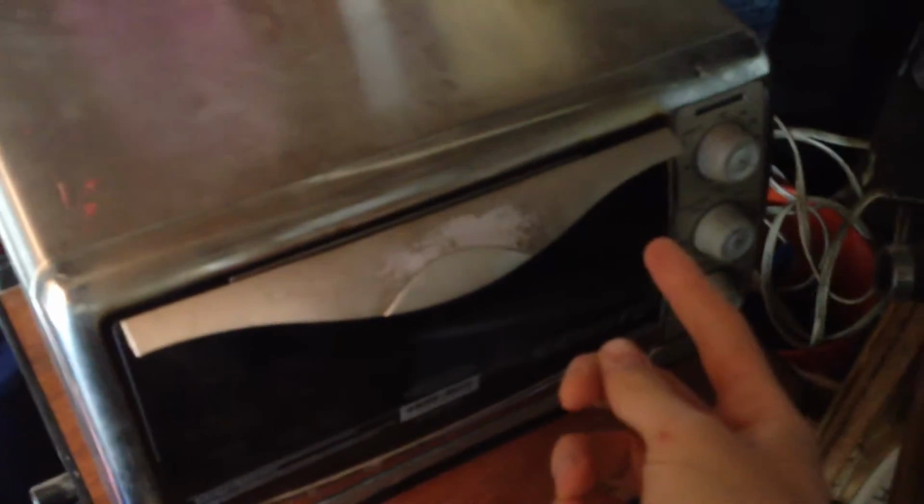Even if it does, I'll probably just delete it and refilm it. But anyway, here's the toaster oven that I salvaged a couple days ago from the dumpster, and the top elements were not working because there was a fire in here, and as we all know, heat rises. So it kind of fried the connections. The fire fried the connections